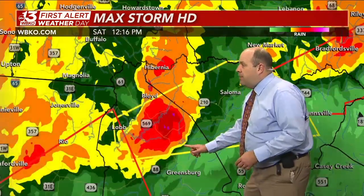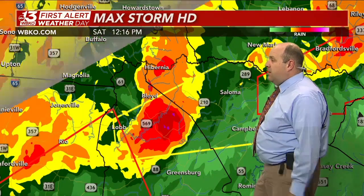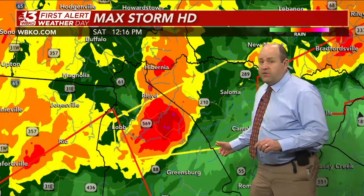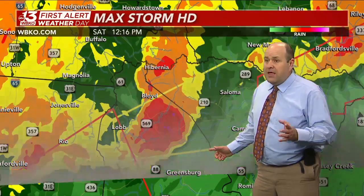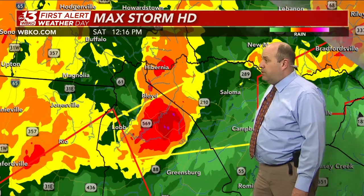Watch this cluster very carefully if you live in Campbellsville. I would say tornado is possible with this one. I wouldn't rule it out. And you can see a bowing segment here north of Greensburg that it's going to cross over into Taylor County. And incidentally, the Mesonet site there near Campbellsville is just west of the city. It's close to the Greene-Taylor line. Ethan, I would be very curious in the next few minutes to see what kind of wind we would receive